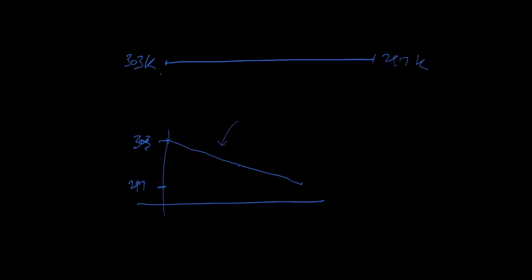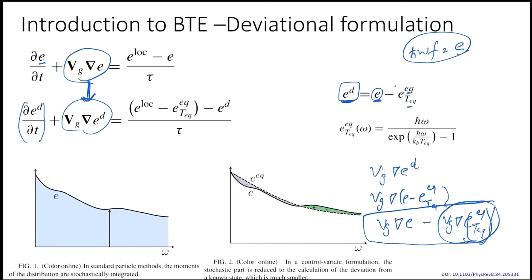But this is a linear curve, depending on the x-axis. So if you look at Vg gradient of E equilibrium at T equilibrium and take this gradient, it would give some constant. So we have to add some kind of source term, this constant which would come because you have assumed a straight line. If we go back to our previous equation and take it to be linear, then this term is non-zero, and we have to take this part into account.